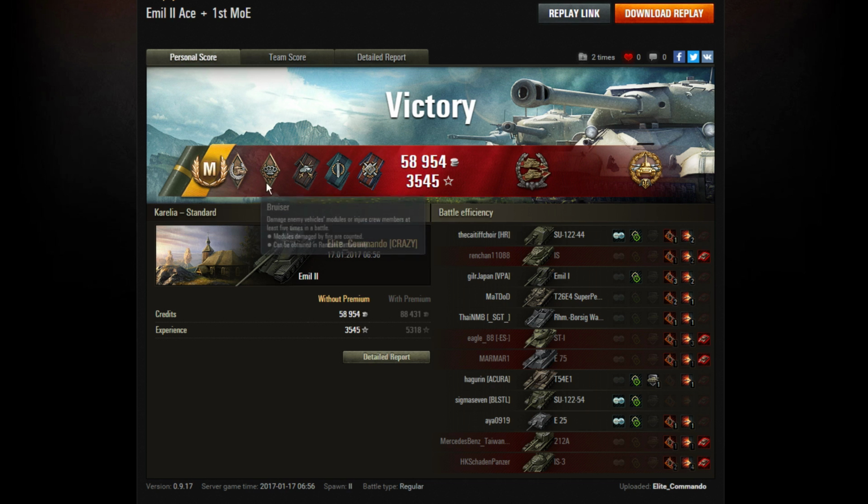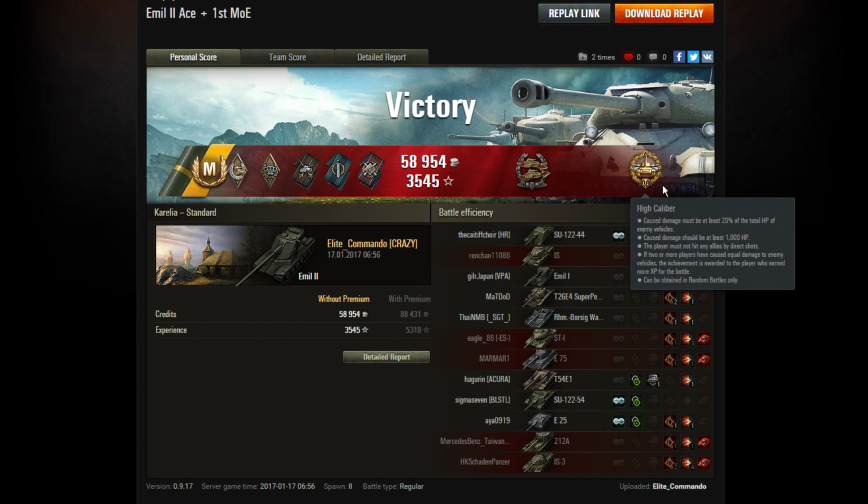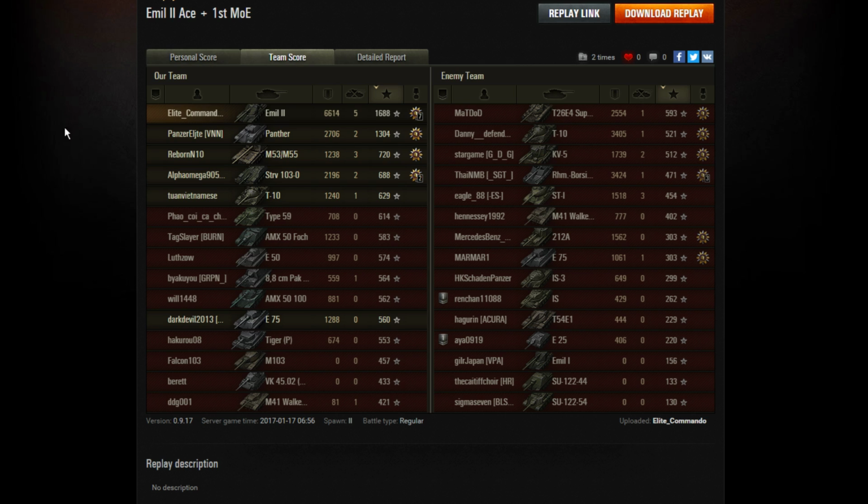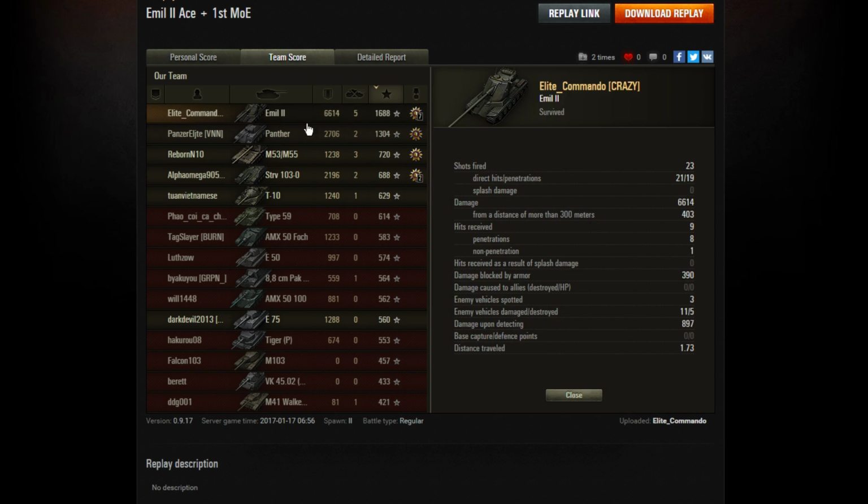other medals that go with it, the Hand of God, Bruiser, Duelist, Fighter, Fire for Effects, Confederate, and of course the High Caliber. Having a look at all those tanks that he spotted, damaged and killed, it was an absolute ripper from Elite Commando. 6,614 hit points of damage, 5 kills, 1,688 base experience, which is absolutely massive, and you